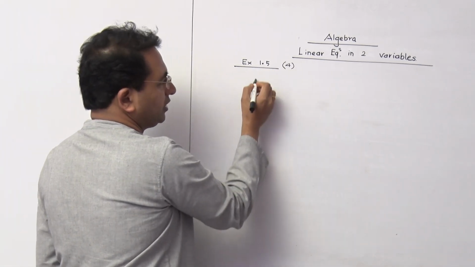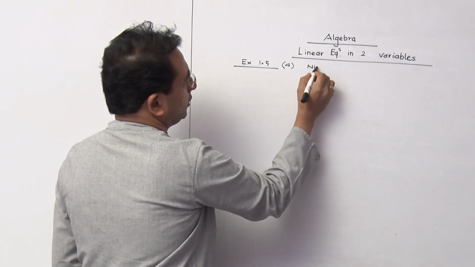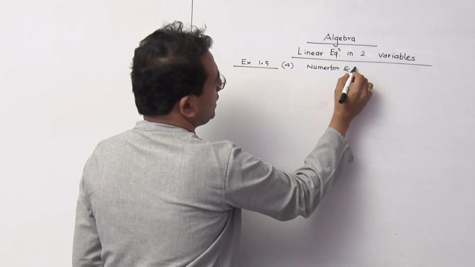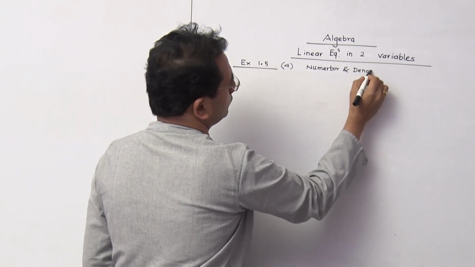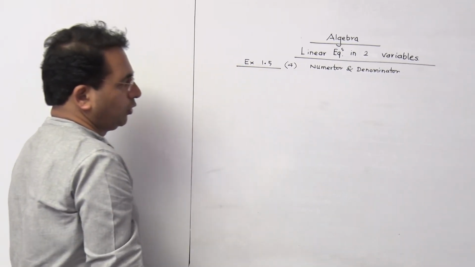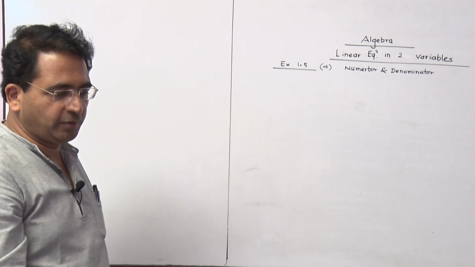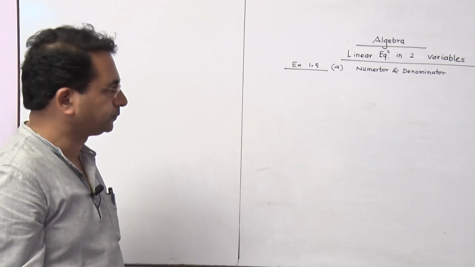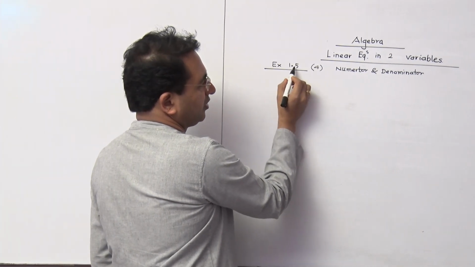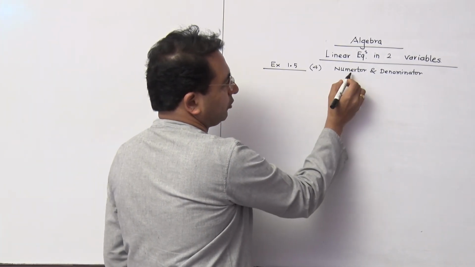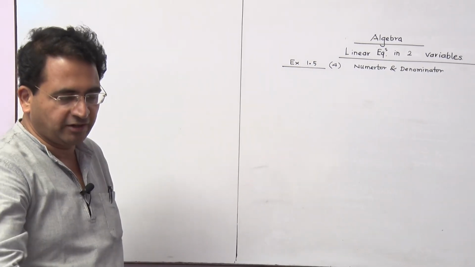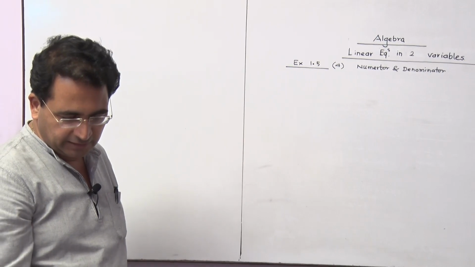And that question is related with numerator and denominator sum. Okay. Now what I will do is, I am going to explain you this with the chart only. Now you see this particular sum, fourth sum from exercise 1.5, it is a question related with numerator denominator. I hope you are having a textbook in front of you. Let us check that.